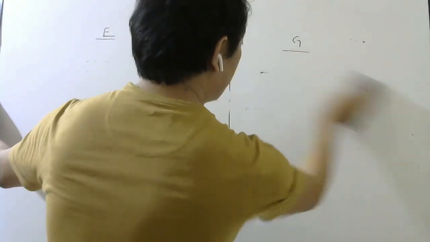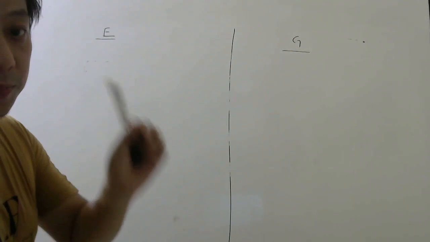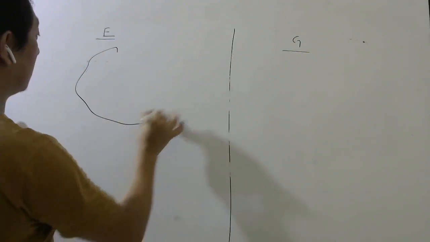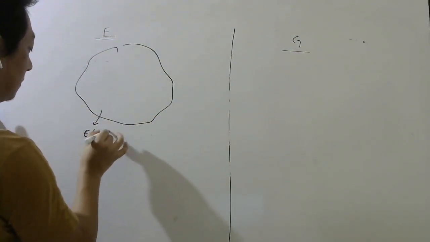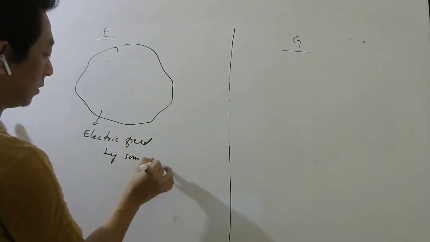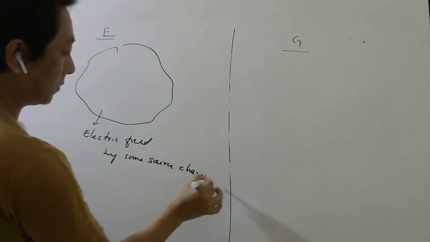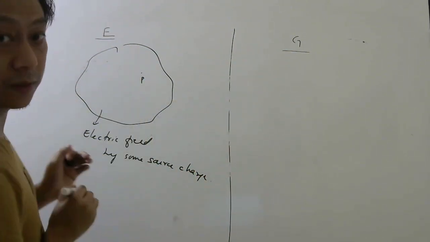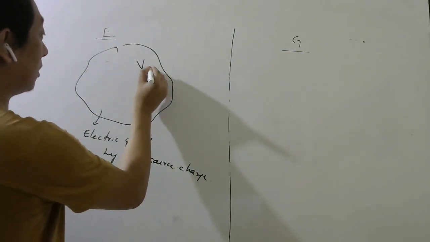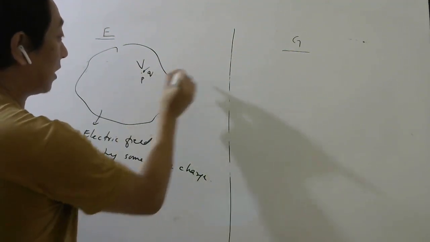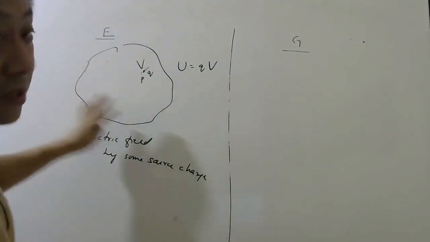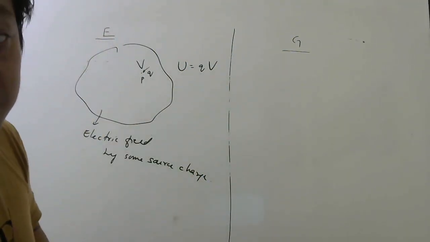So whenever you want potential energy of a point charge at a point, let us say there is some electric field at this region, which is produced by some source charge. Then at some point P there will be potential, which is the work done to bring unit charge. Now here if I put a charge Q, then that charge will have potential energy given by Q into V with respect to this field. Without the field there is no concept of potential energy, remember.